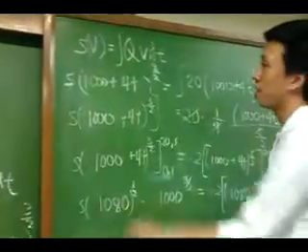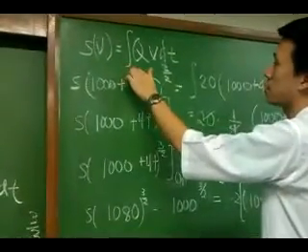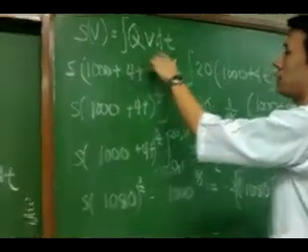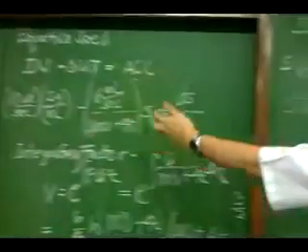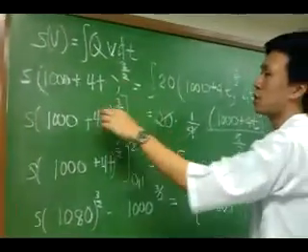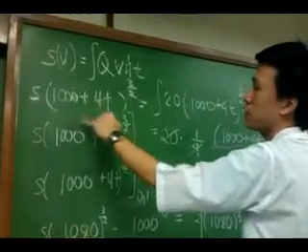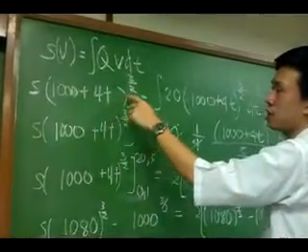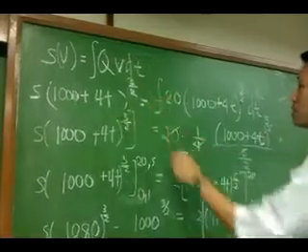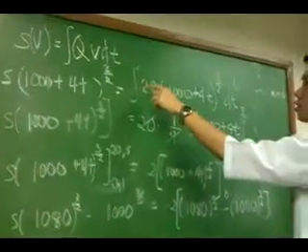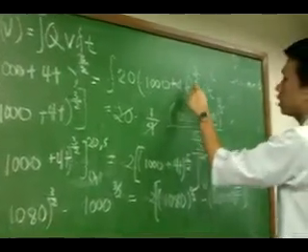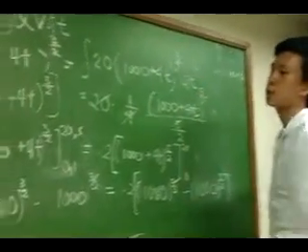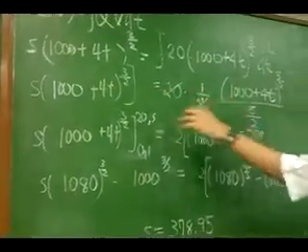Here we got s times v equals integral of q v dt. Q is this, which is 10 ml per second times 2 grams per ml. So substituting s times v, which is 1000 plus 40 times raised to 3 halves, equals integral of 20 times 1000 plus 40 raised to 3 halves dt. So simplifying, we get